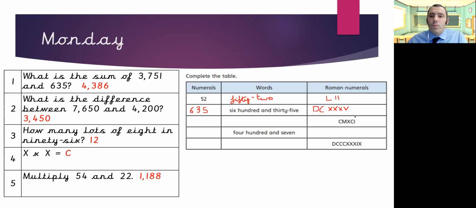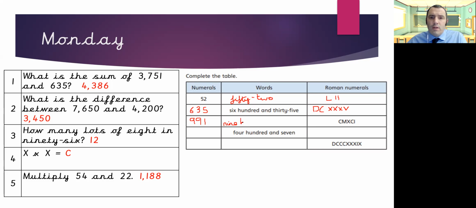Now, we're looking at the next one here. This works the opposite way because the smaller number is before the bigger number. So it means we've got to take this off. So we have CM, which means 100 less than 1,000, which would be 900. Come back over. We've got XC, so 10 less than 100, which would give us 90. And I for 1. And then to write it in words,